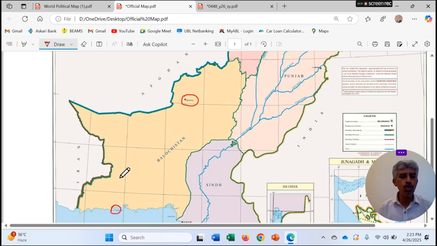So only these 2 cities you are supposed to label if they come in the exams: Quetta and Gwadar. So 2 cities are part of your syllabus,